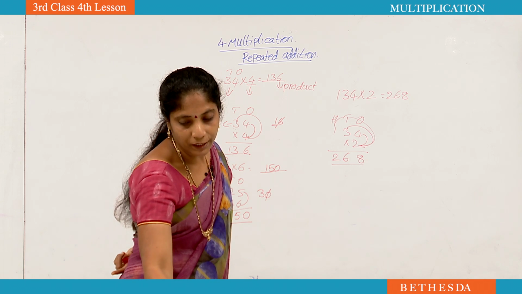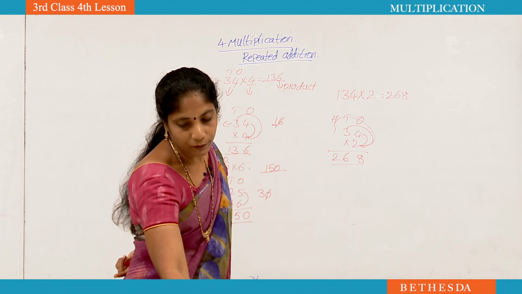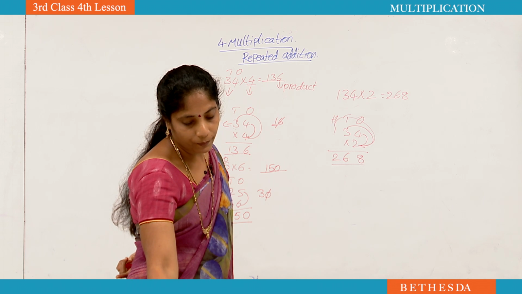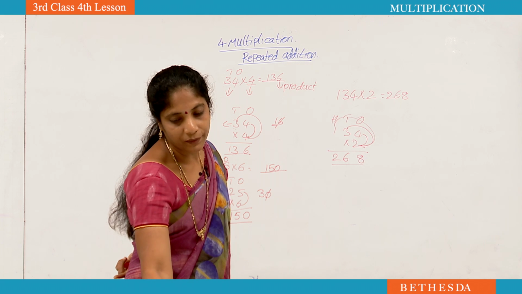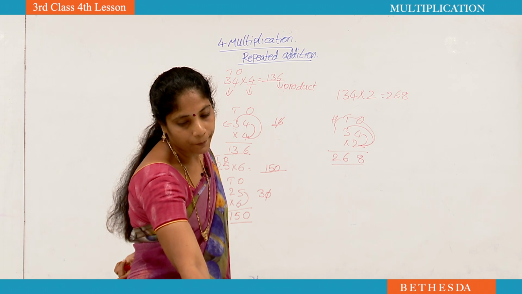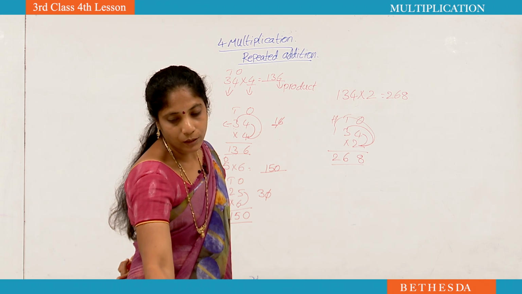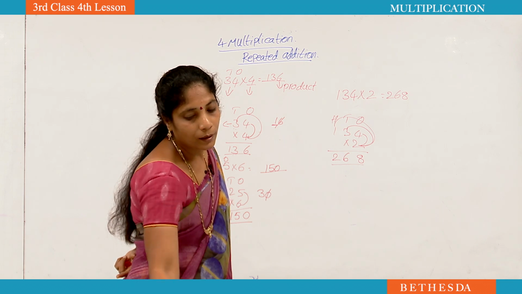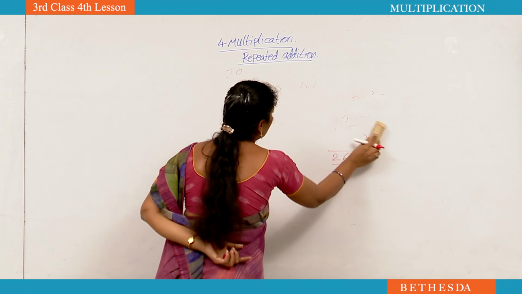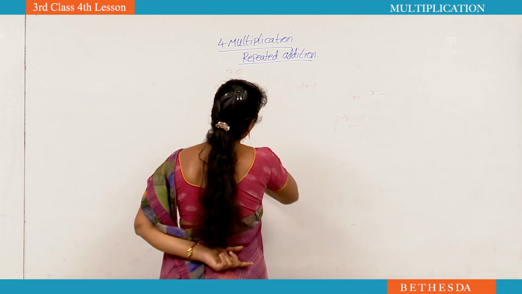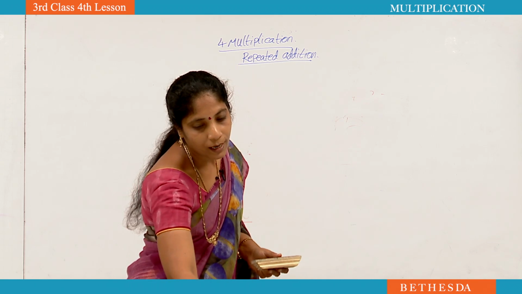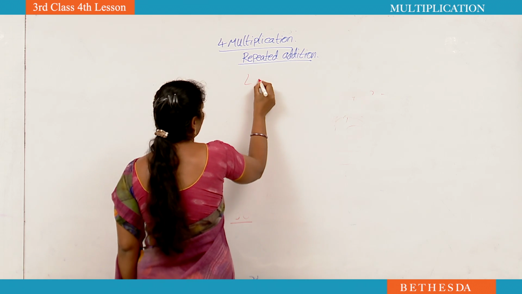Okay, did you understand how to multiply? If you learn these multiplications, you can complete your studio page number 104 activity 4.10. By quick tips you can complete page number 105 and 106 also. Now here they are introducing a new method for multiplication, the lattice method. Now how to do the lattice method we are going to learn.